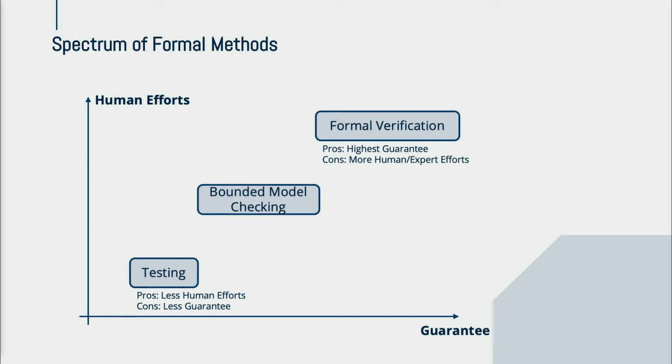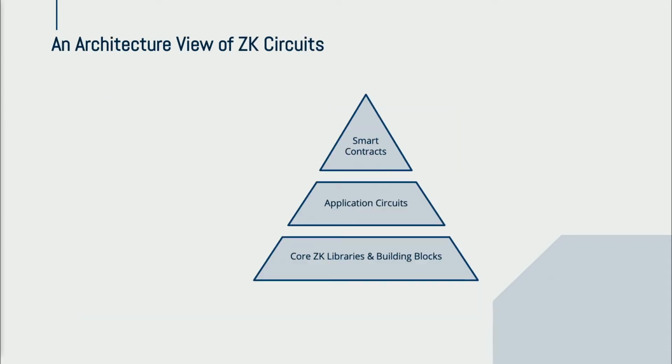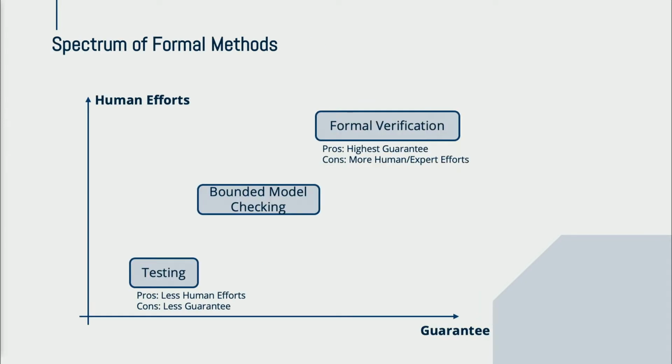As you can see, you can do testing, which is purely push button and doesn't involve any human. You just need to provide the software. But the problem is that the guarantee you gain from testing is very low. For instance, the fact that you cannot find any bug by fuzzing doesn't mean that your software is actually safe. And on the other extreme, you can do formal verification,